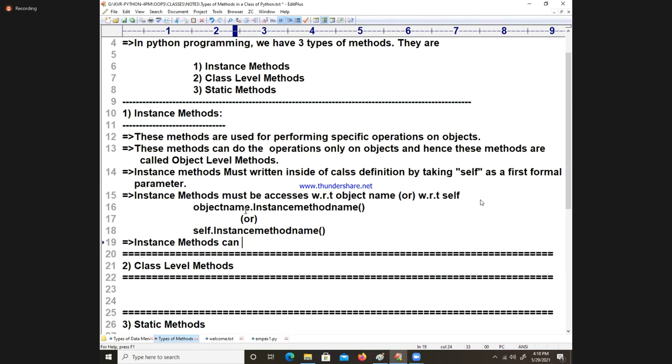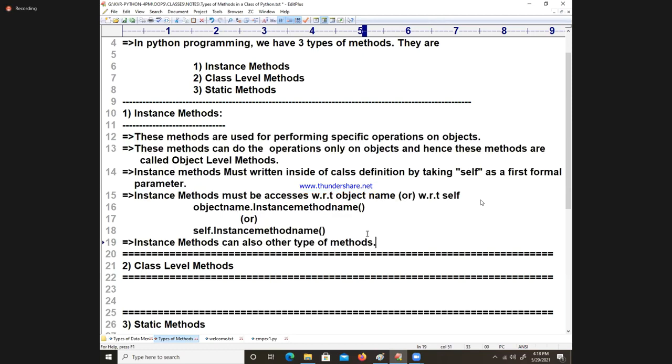I will show you in the continuation of the course how we call those other types of methods.